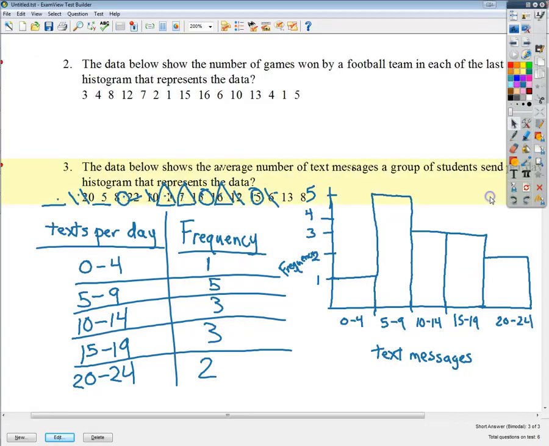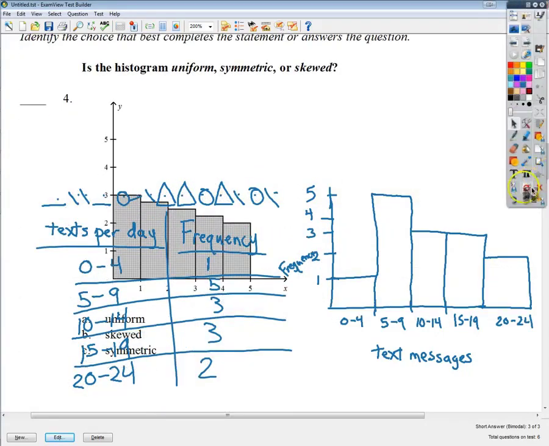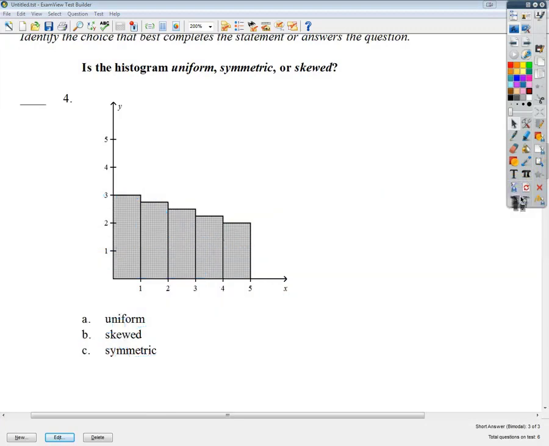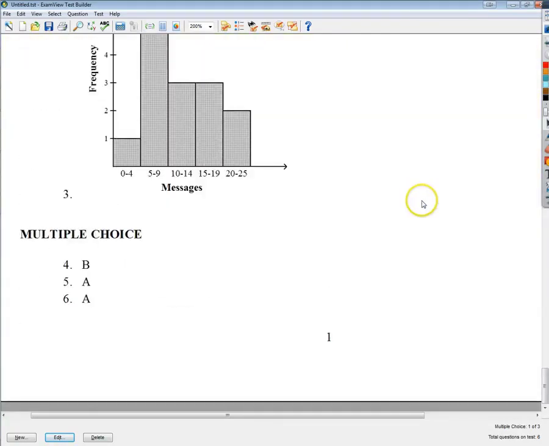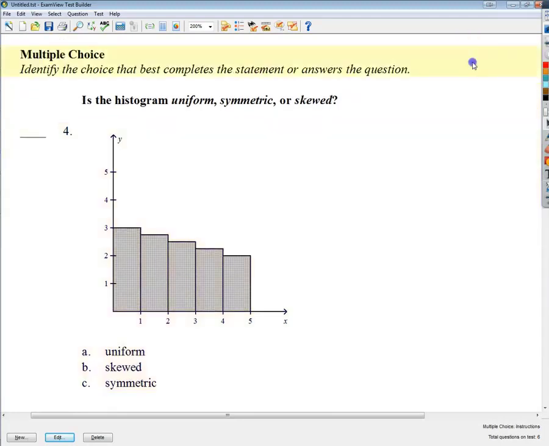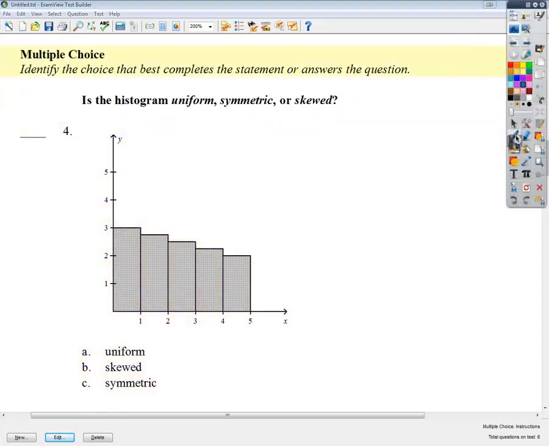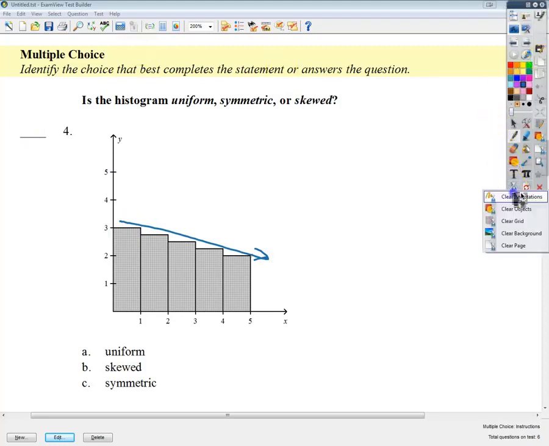I'm going to see if there's any more things I need to cover. Oh, no, we're going to look at types really quickly. So we talked about the 3 types, uniform, skewed versus symmetric. This one has a little bit of skew to it. As you can see, it sort of fades off to the right. So it goes this way. It's positively skewed a little bit. So that's that one. And for number 5, which is another type,